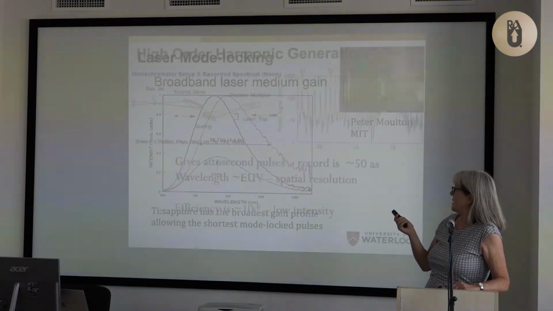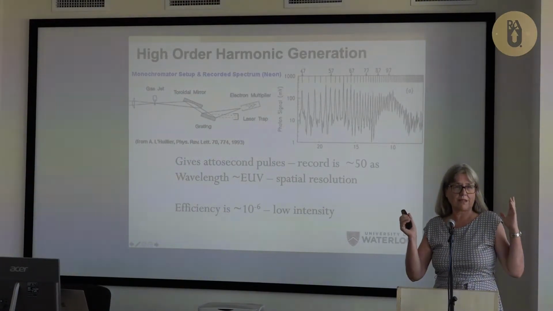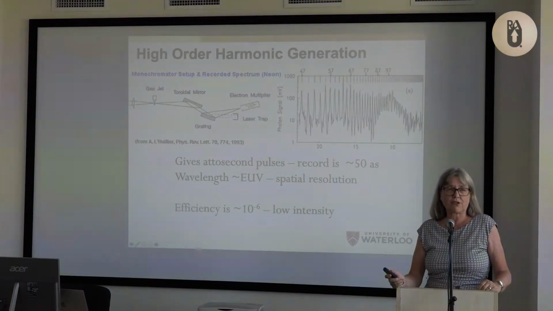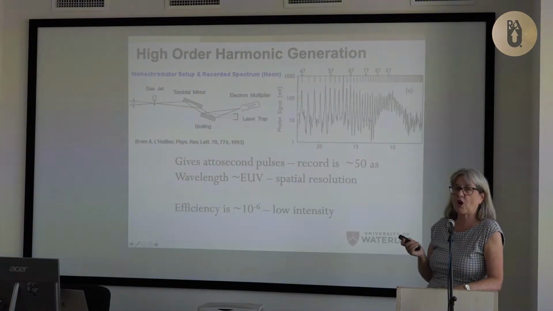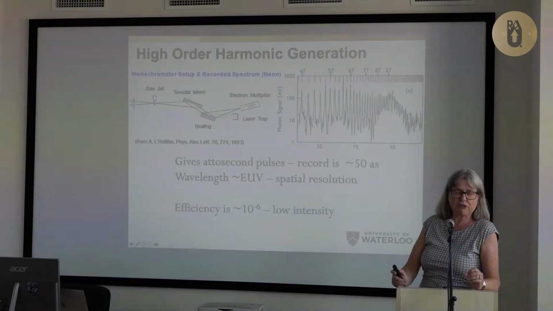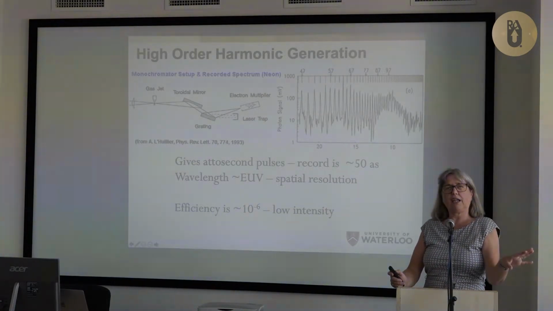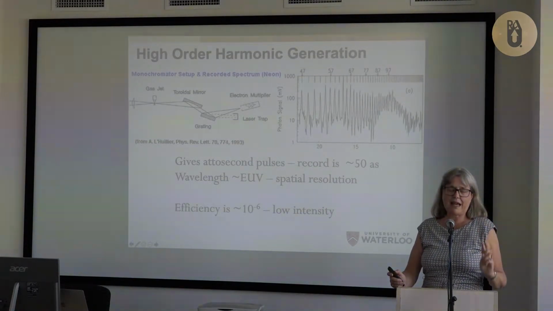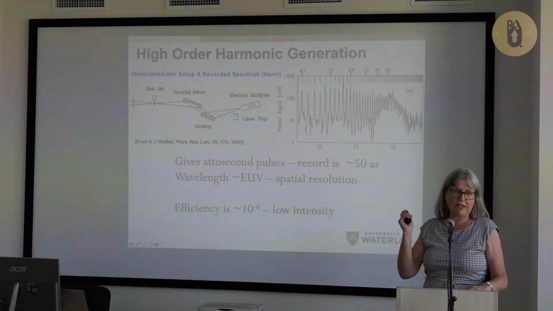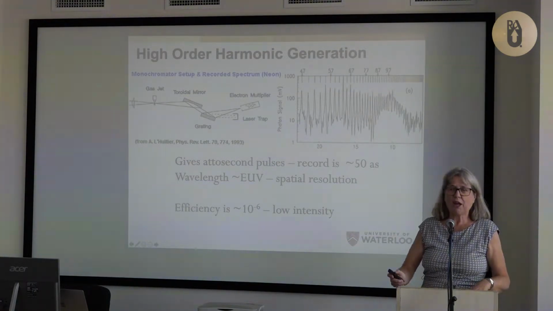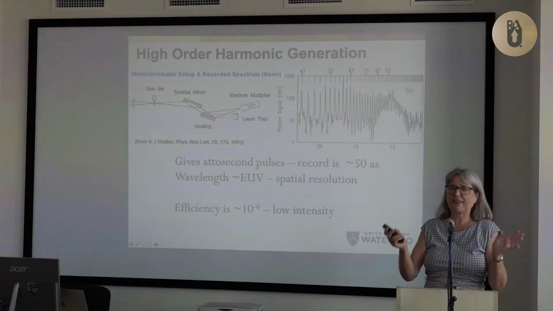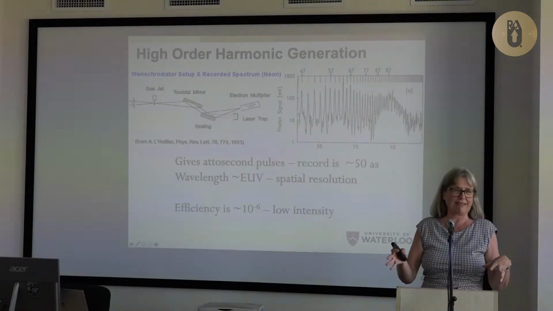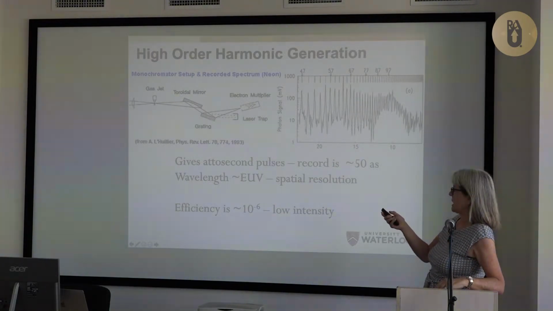So now a different way, and the shortest pulses out there, and they're not looking at atomic motion, they're looking at electron motion, is attosecond pulse generation that comes from high order harmonic generation. I also told you yesterday that I quit working on high harmonic generation because I couldn't make the plasma. But also by the last year of my PhD, out came this French group seeing the 33rd harmonic. So why even try to see the 9th harmonic? They blew my PhD project right out the door. I didn't know how to do it. It was already blown out the door. So, there were many reasons not to do it.